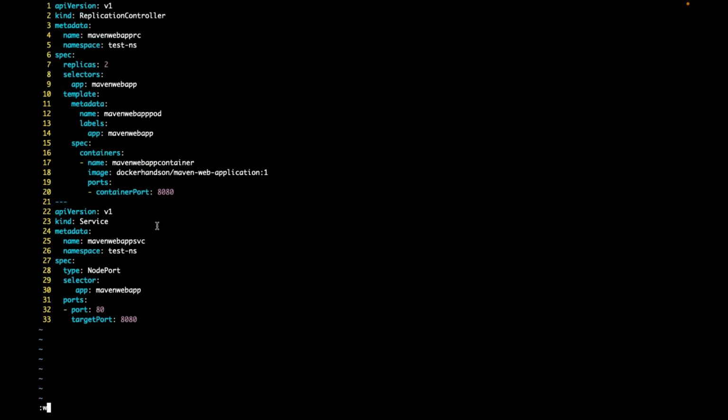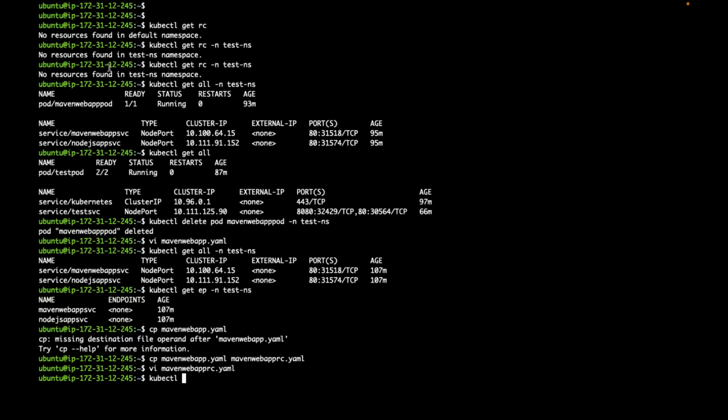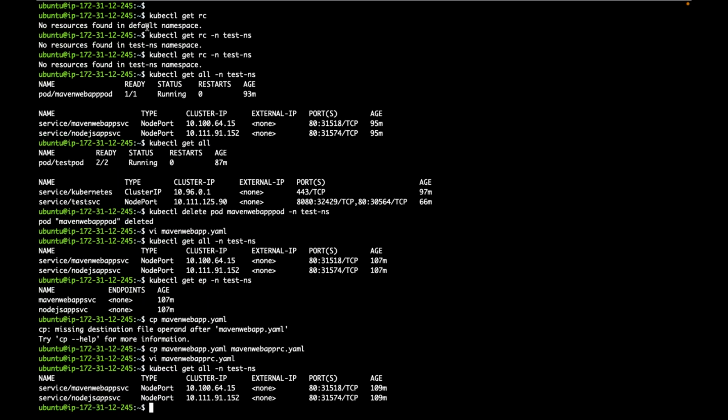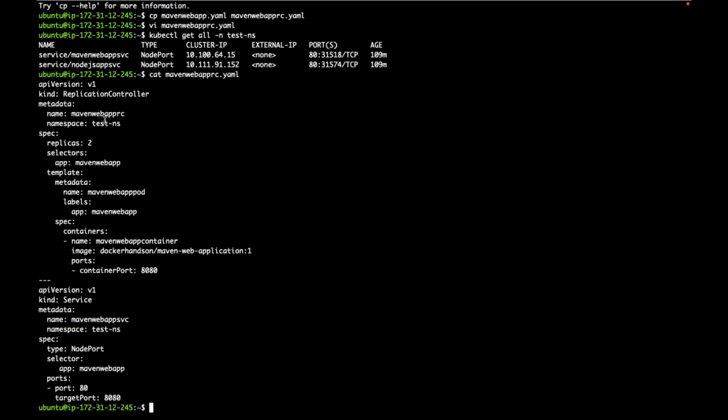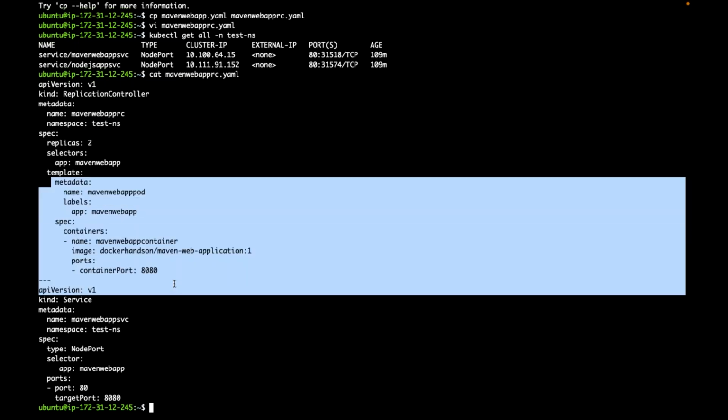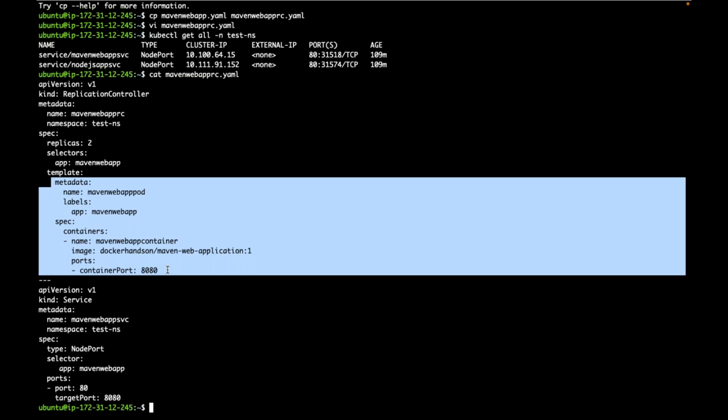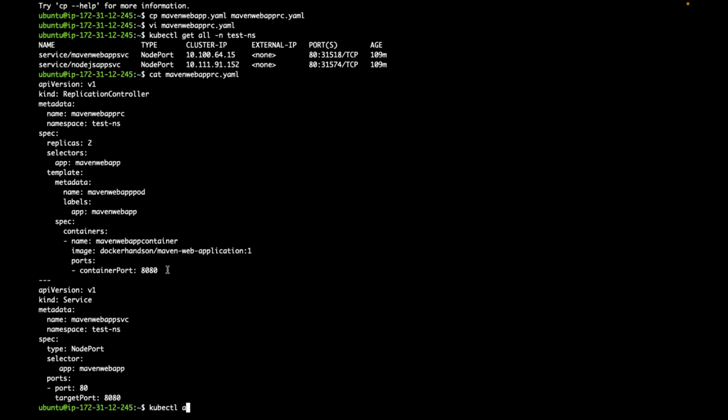Now, let me deploy. I have given the number of replicas as 2. How many replicas will be created now? Before creating, let me show you. Do I have any replication controller as of now in that namespace? Now, in that namespace, I am creating one replication controller with 2 replicas. Will that replication controller use this pod template and create 2 pods? Now, if I apply